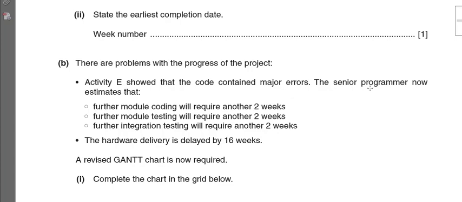code, right? So the senior programmer, or the project manager, has now estimated that further module coding will require another 2 weeks. Which means that the errors that were found in the code now need to be fixed, and that is going to take another 2 weeks. Once we rewrite our code, we are going to retest. We'll have to do module testing once again, and we'll have to once again integrate the code and test it once again. So basically, from coding onwards, which is going to take 2 weeks, we'll have to perform module testing